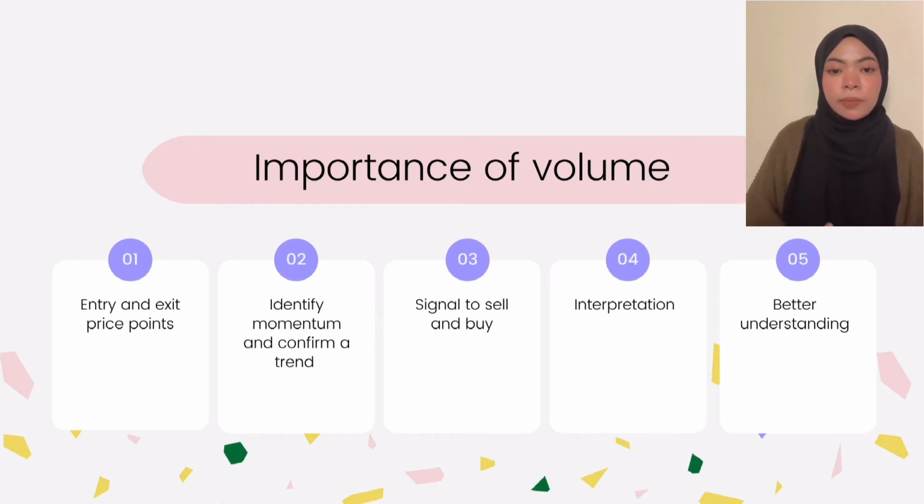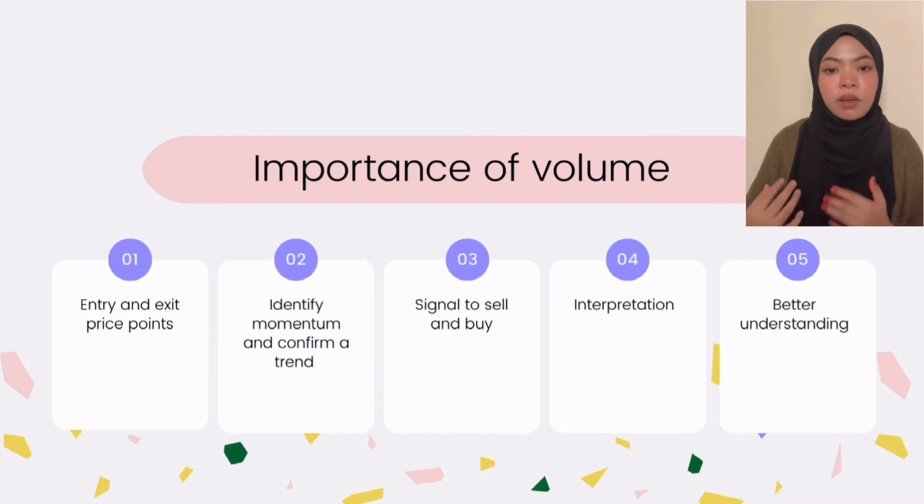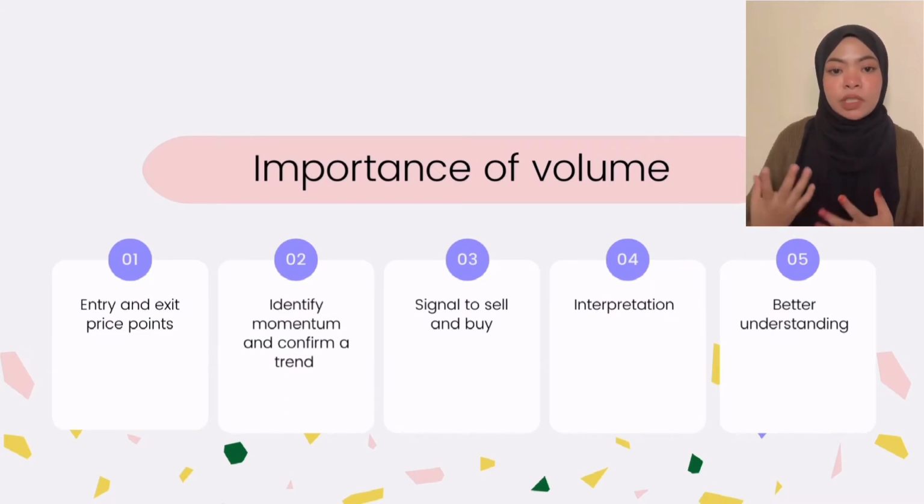Next is interpretation. Volume can offer a new dynamic in investor interpretation of crowd psychology. The last one is better understanding. Analyzing volume trends gives investors a better understanding of how and why price patterns work. In effect, the study of the characteristic of volume gives greater depth to the weight of the evidence approach described earlier.